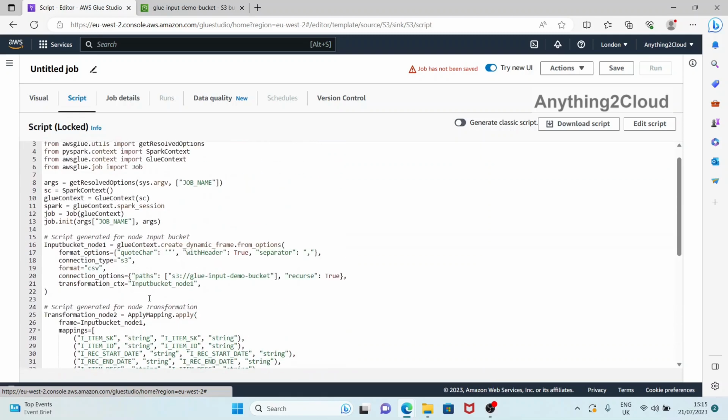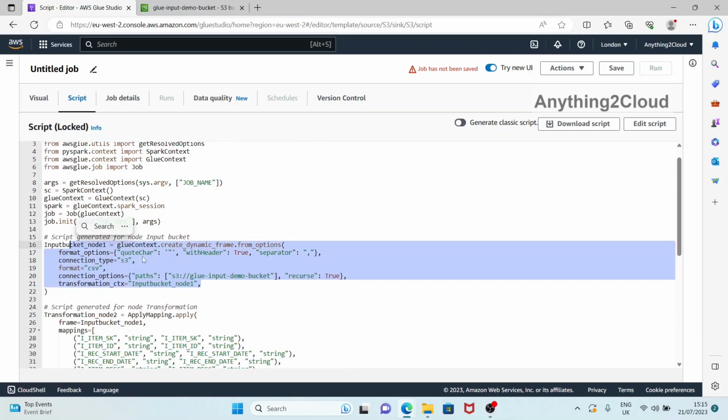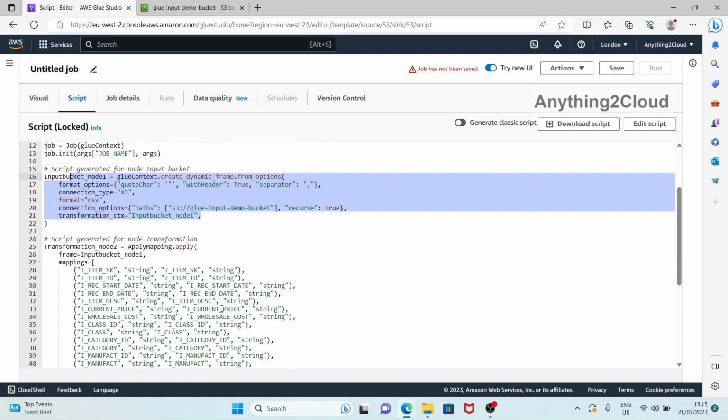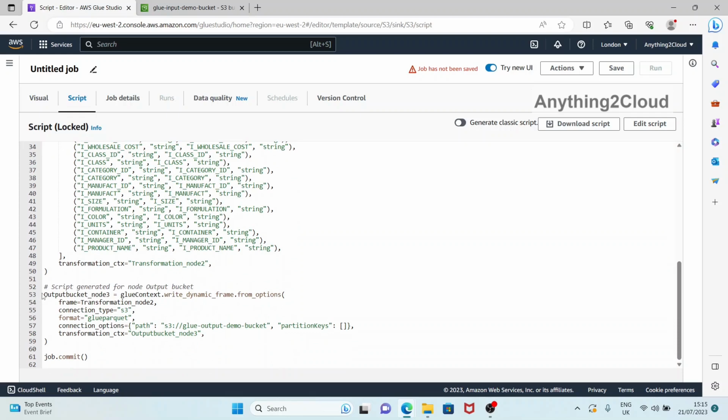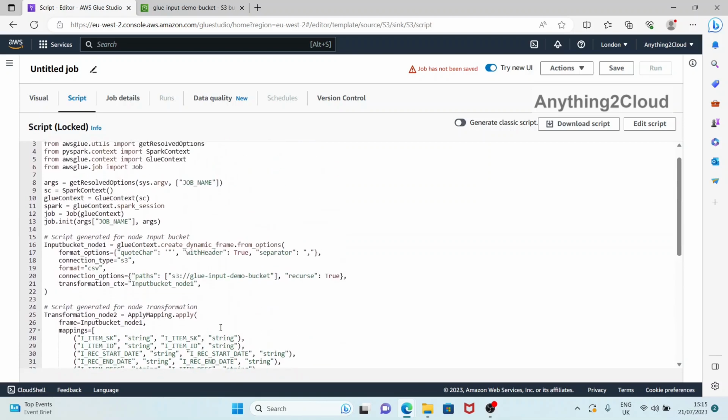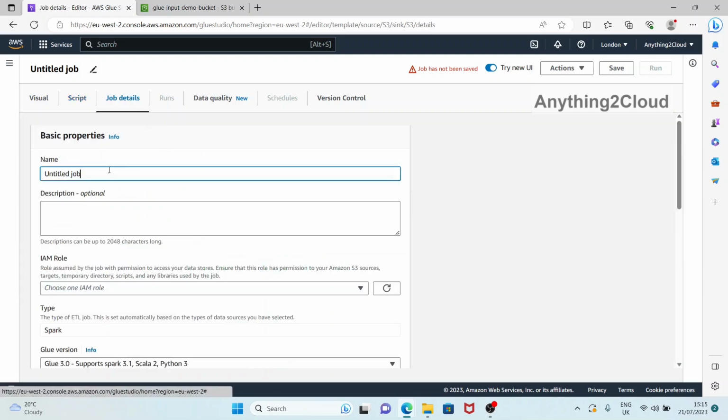And this is the file I'm reading. This is where I'm reading the file, and this is the transformation I'm doing. I'm just removing two columns here, and then I'm writing to a target bucket. So see here, the format is Parquet, but the source format here is CSV. Okay, so job details. My job here is CSV to Parquet,